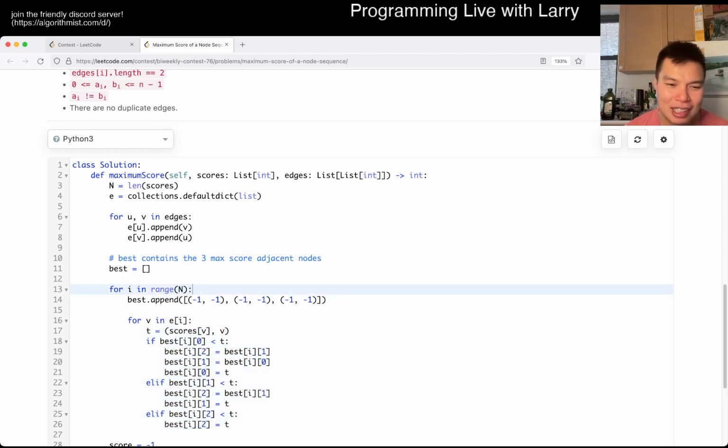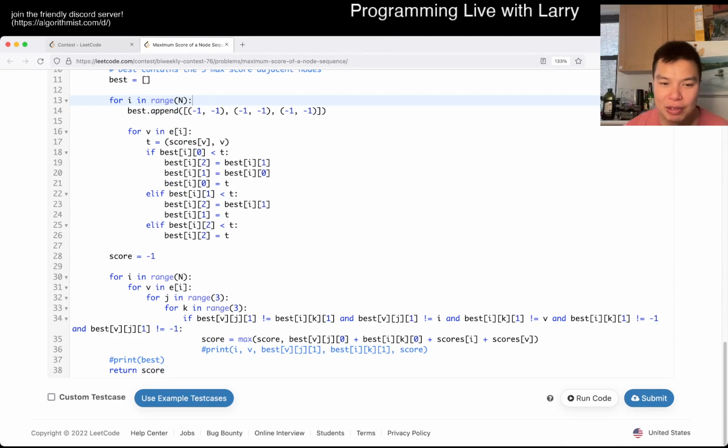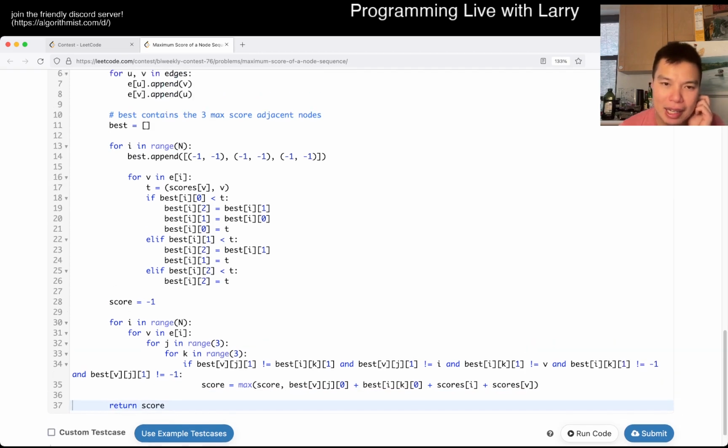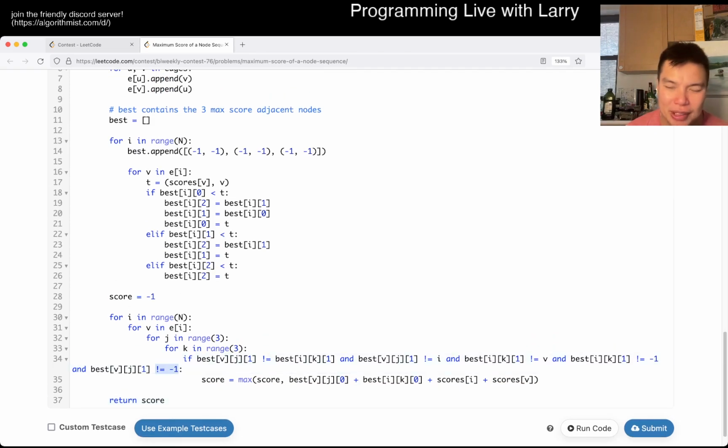I have done this before, and this one is just the brute force that we're talking about. I added some print statements, and I probably could have handled the edge cases a little bit better. I just call it -1 to not use, but I could have handled that differently. Basically now for each node and then for its neighbor, you do a for loop for each of the max, and as long as the max is not equal to each other, so this is the case where they both point to the same node. If the best is not equal to the other node, and also the other node's other node, and if it's not -1, then